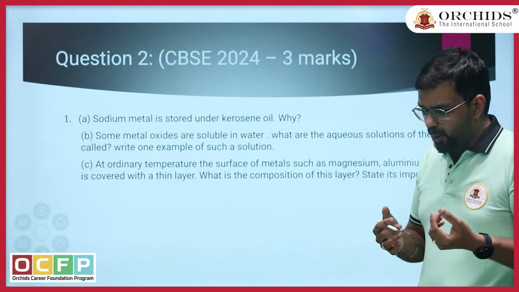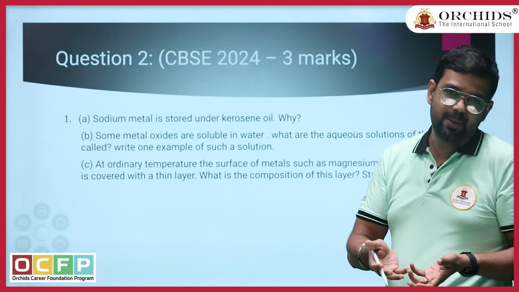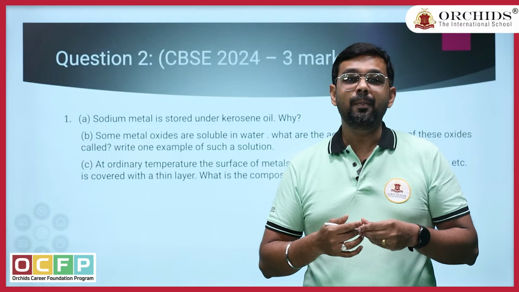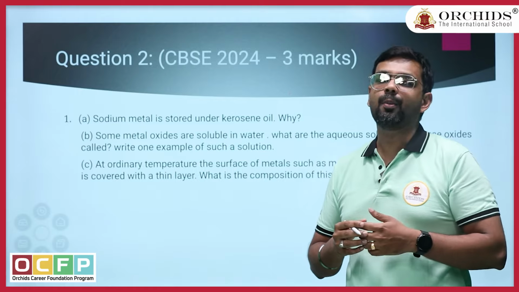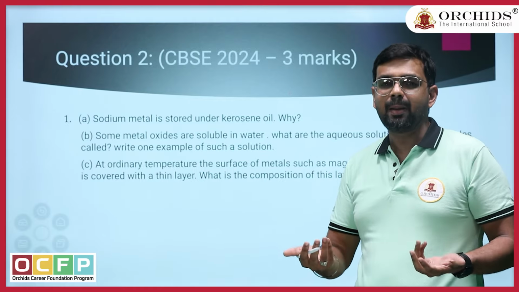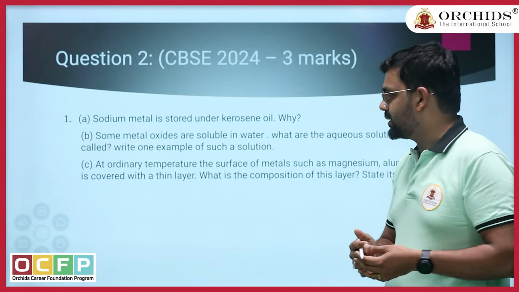a thin layer. So what is that layer especially? What is that coating called? What is it made up of basically? So these metals, when they are exposed to oxygen, form oxide layers. Yes, they form oxide layers. And what is the need of these oxides? How do they help the metals? They try to save the metal from further oxidation.